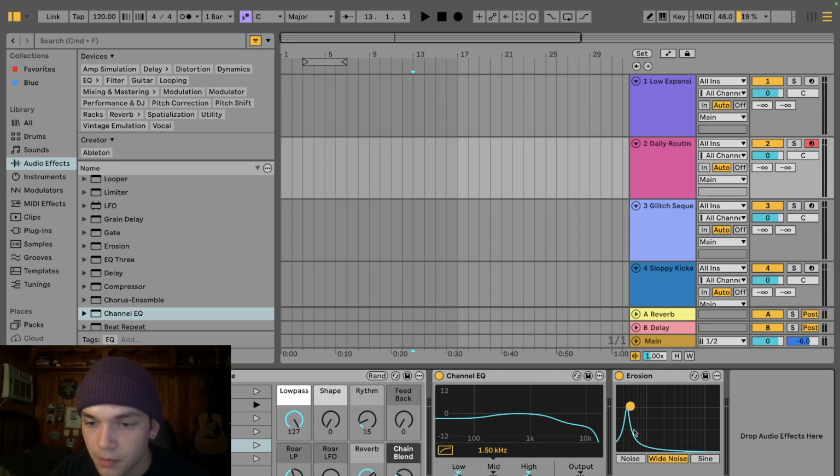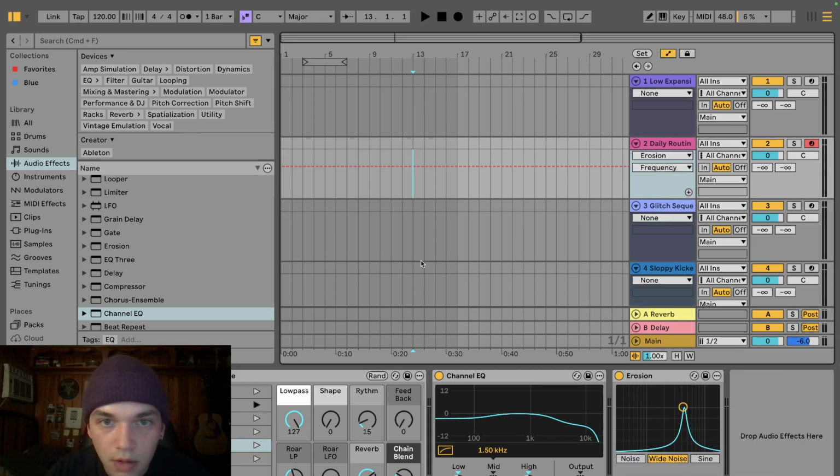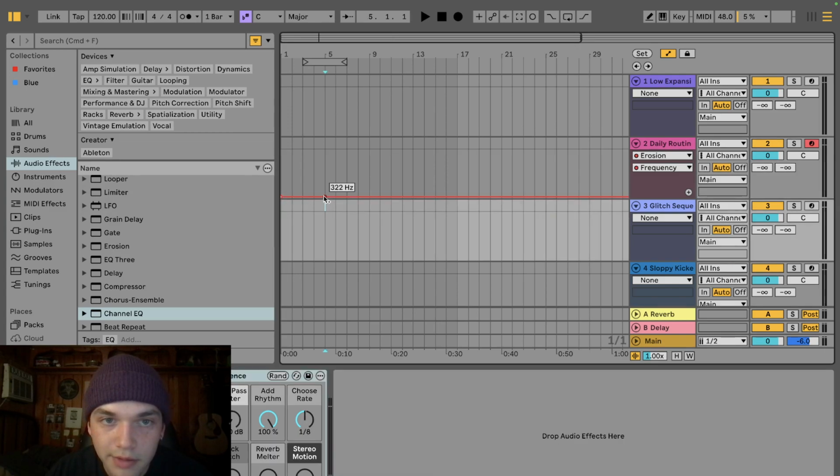We're going to take our automations. Let's see what's happening here. If you pay attention down right here, we're going to be automating these effects. So we notice that the amount stays at a pretty good spot. All that's really changing is the frequency. So we are just going to take our automation of the frequency, right? Show automation. Okay, boom. We are just going to start off with it right here and over, I guess,